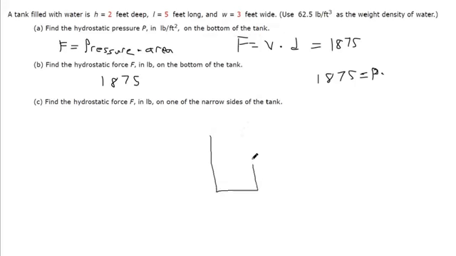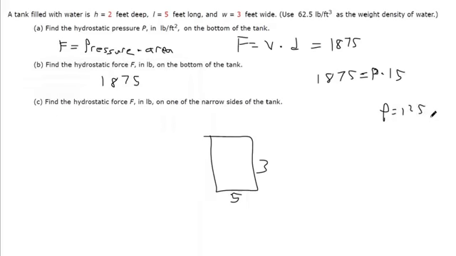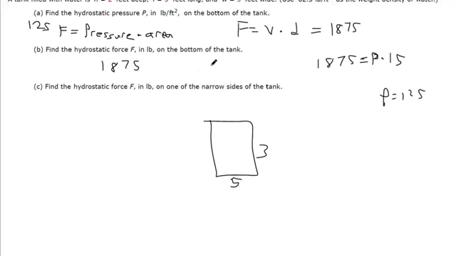Remember, it's a rectangle. So the tank has a height of 2, and that means it's 5 feet long and 3 feet wide. I didn't draw that rectangle correctly, but 5 times 3 makes 15 for the area of the bottom. So if you divide 15 from both sides, the pressure on the bottom of that tank is 125 pounds per square foot because it's two-dimensional. So 125 is our answer for A, 1,875 for B, and then for C,